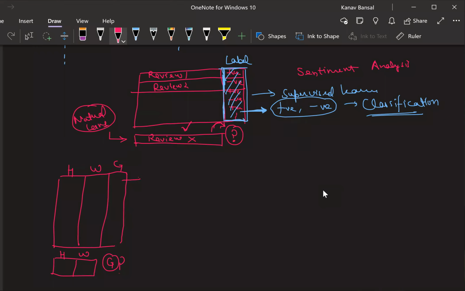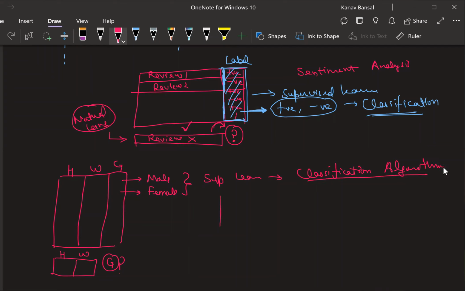Now, do you remember that in this gender column we had male and female? Yes or no? We had these two categories. And what kind of algorithm should I use here? Again, I should use a supervised learning algorithm, which is a classification algorithm. Clear to everyone? This is the algorithm I can use.